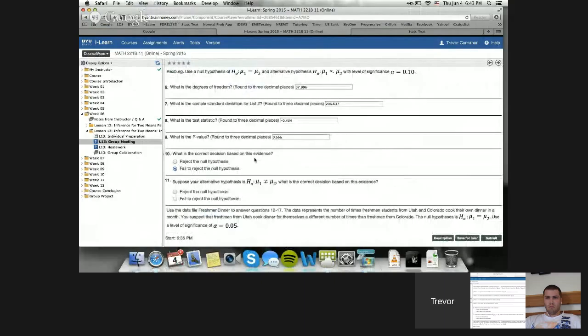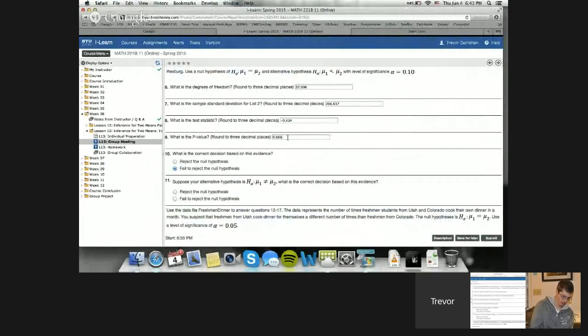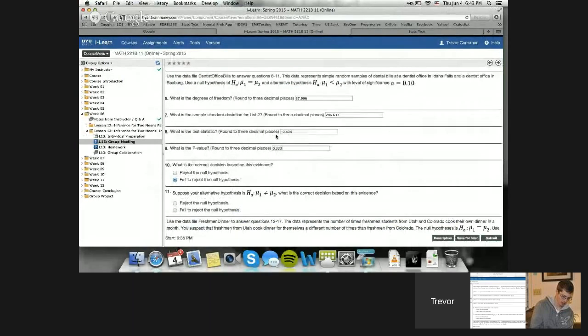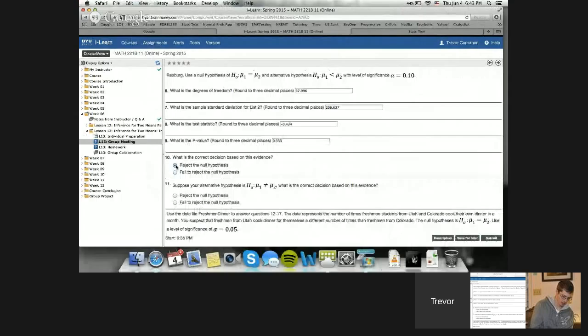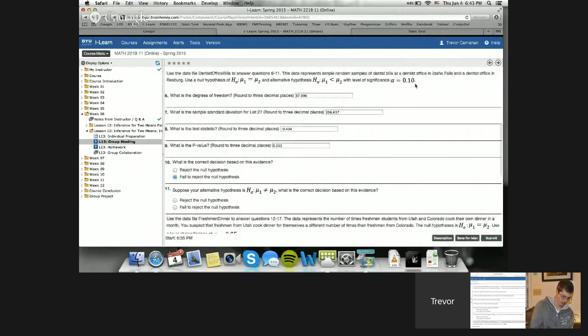What one are you on? Number 9. What is the p-value? So it's 0.666, but it's one-tailed, so you have to divide it by 2, because it says it's less than. Then it is reject. Oh, it's failed to reject the null because it's still bigger